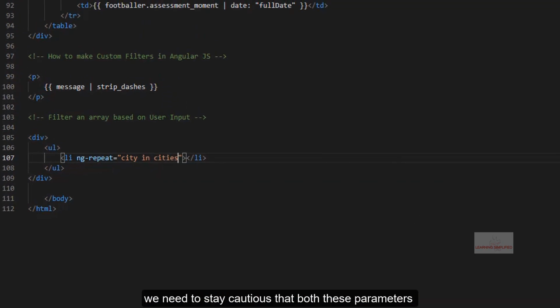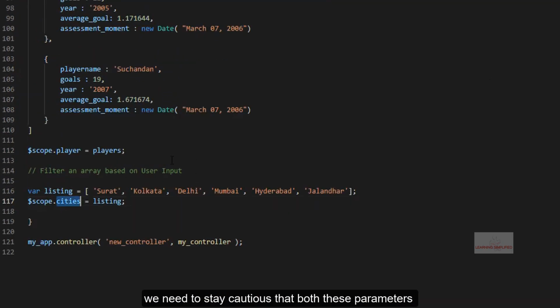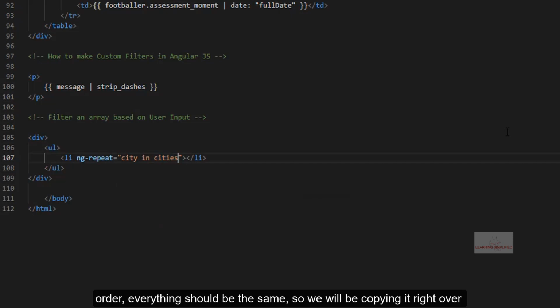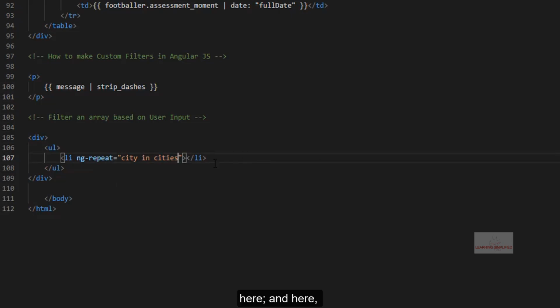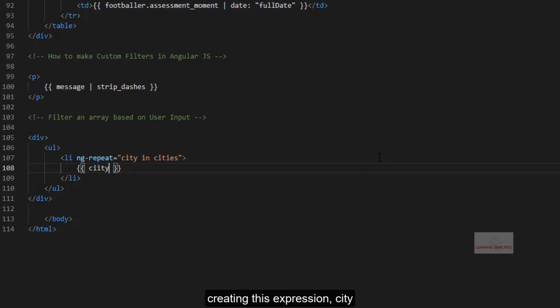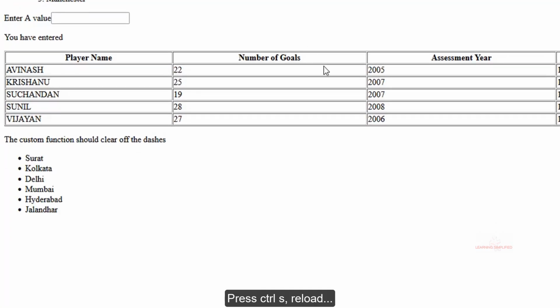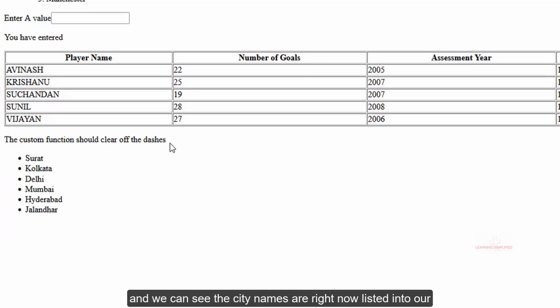We need to stay cautious that both these parameters have the same spelling, same order, everything should be the same. So we'll be copying it right over here, and here we will now be creating this expression city, press Ctrl S, reload, and we can see the city names are right now listed in our HTML browser.